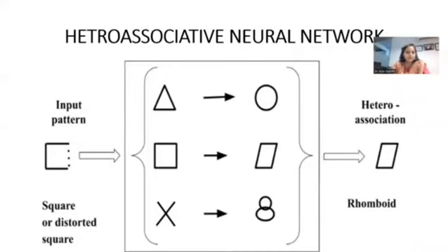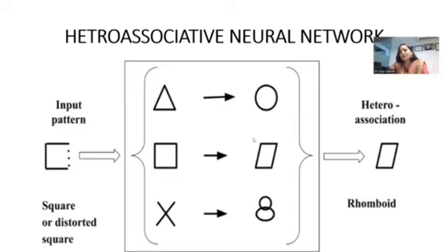So we are discussing associative neural networks, in which we have studied auto-associative neural network, right? Now we will study hetero-associative neural network, in which we will observe that due to some noise or any other reason, the input pattern got distorted. But even then, we have such a strong pattern association system provided by this hetero-associative neural network, with the help of which